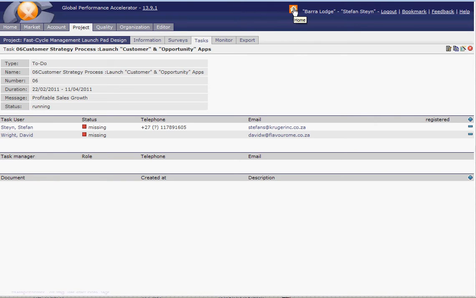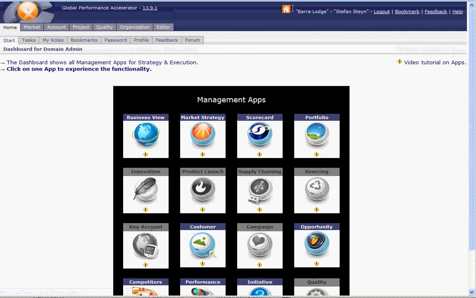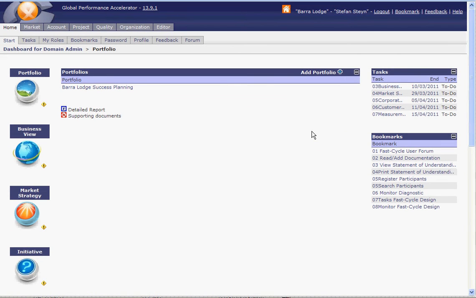So now we go back again with home. This is always the safest way to find your way through the system. And also I think go to the third navigation thing, the bookmarks. Bookmarks can always be created in this way.